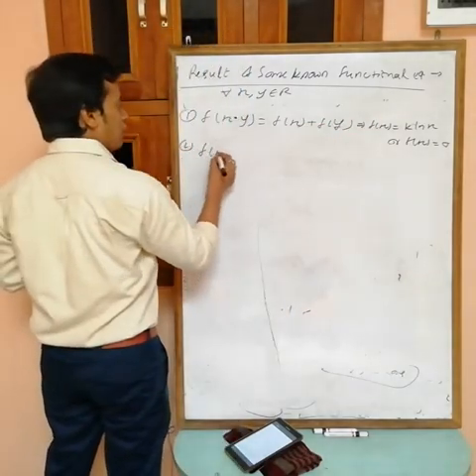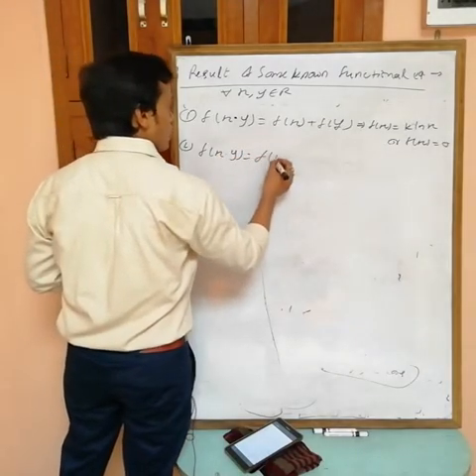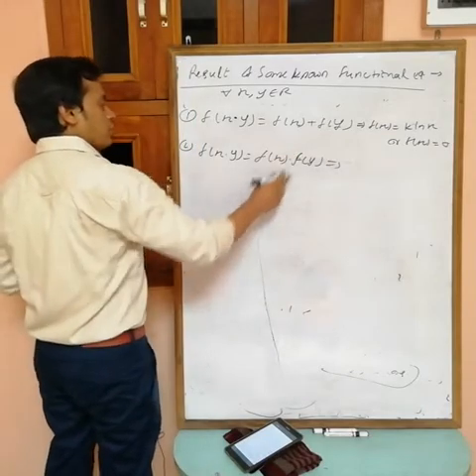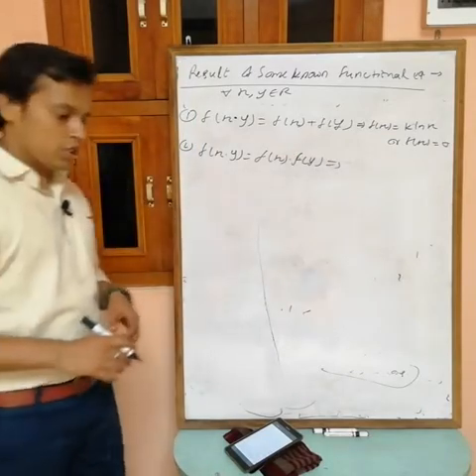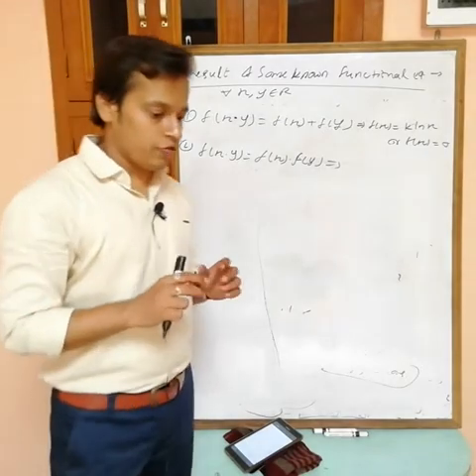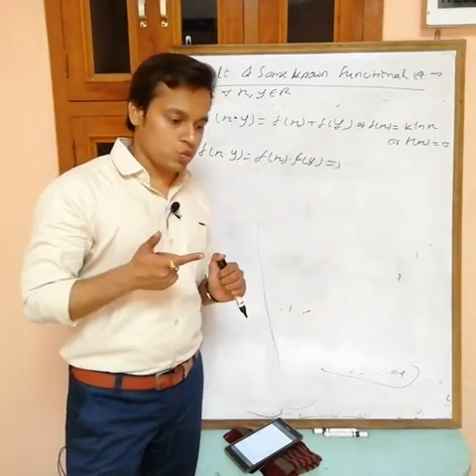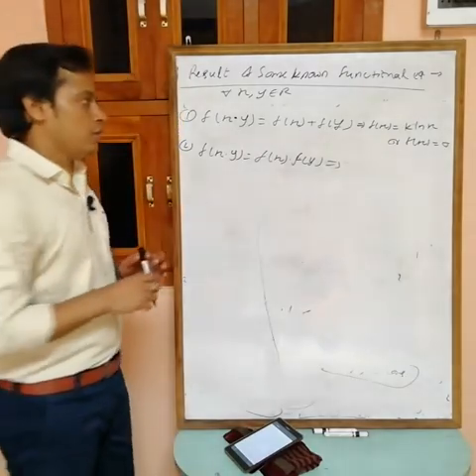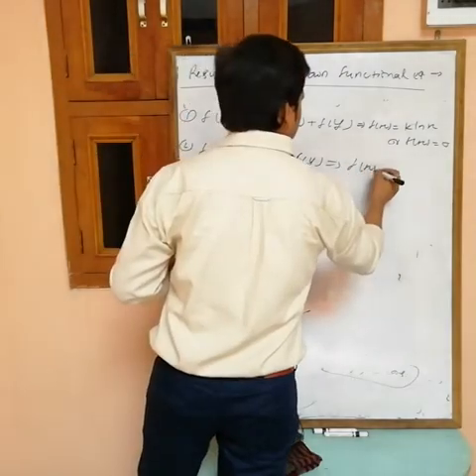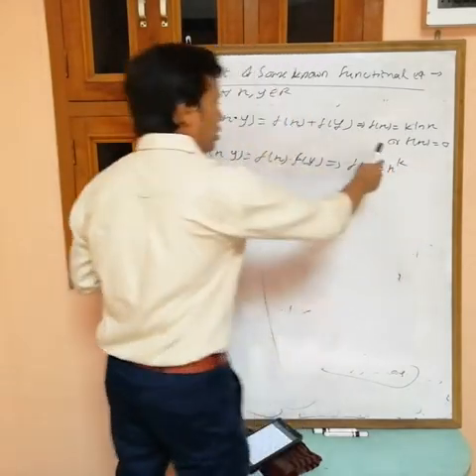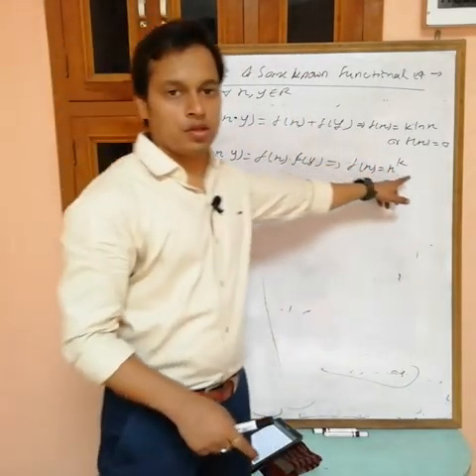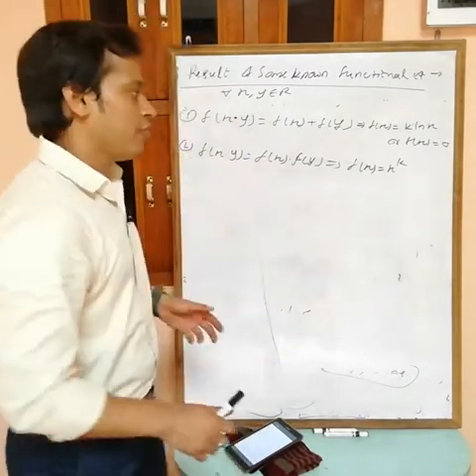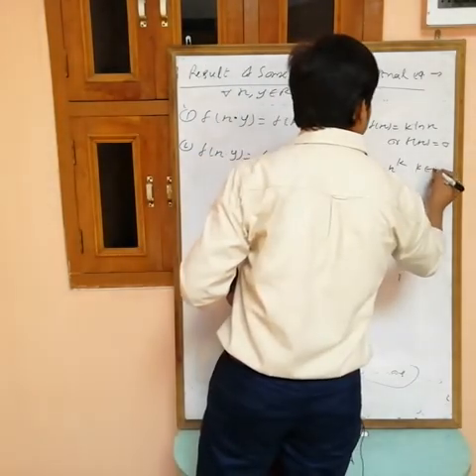We have only two options, either f(x) in terms of ln x or directly 0. Second, f(xy) equals to f(x) into f(y), if you have a functional equation in this form. Then do you have any function in which if you replace x with xy, then you will get f(x) into f(y)? Yes, x power k. Then f(x) is equals to x power k. Here if you put x as xy, then (xy) power k can be written as x power k into y power k, f(x) into f(y), where k belongs to R.